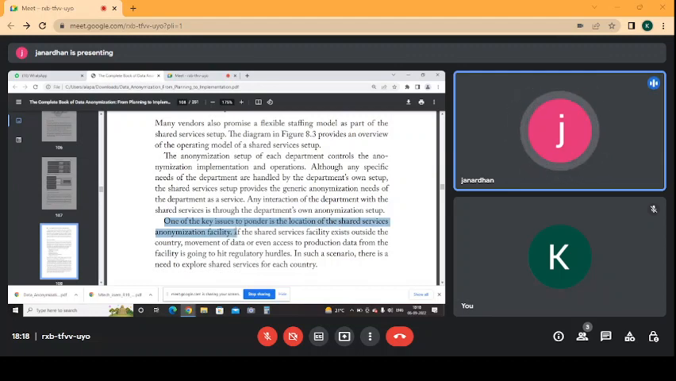Uh, if the shared services facility exists outside the country, is not answering. Please try later. మీరు